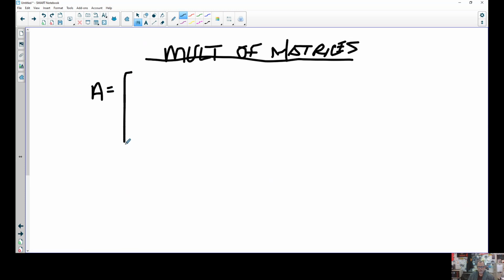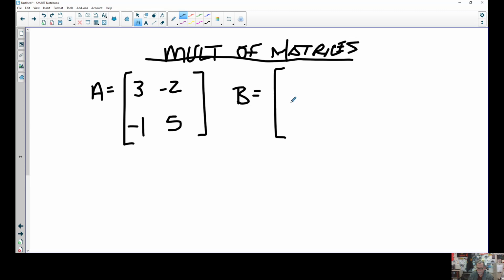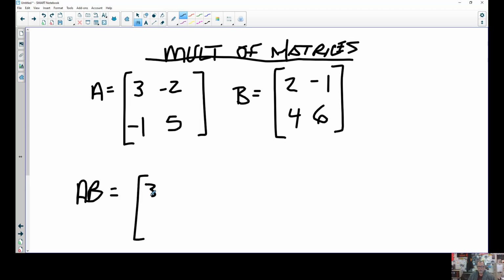Let's do, again, a couple different matrices. Let's do 3, -2. I like to use examples for this, guys, to show how to do it. We've got this and this. All right. If we wanted to do this operation, AB, that means this